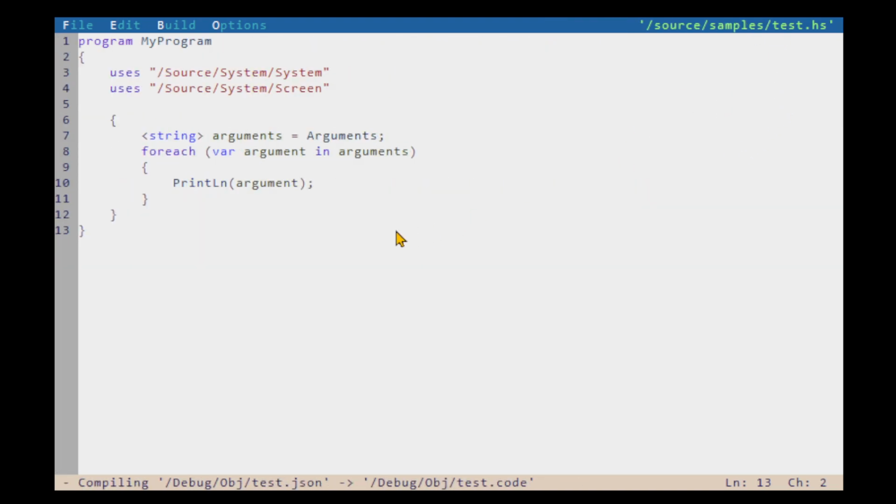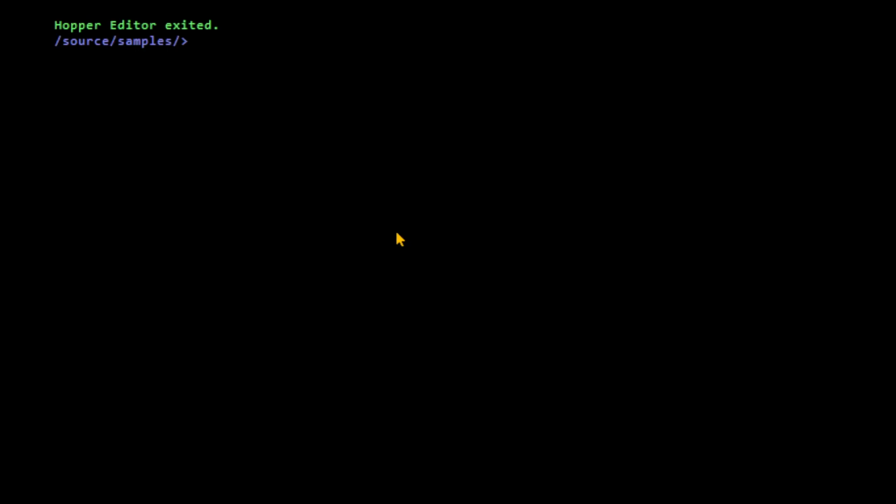Okay, let's build that. It builds successfully now. And now if I run it, nothing will happen, because it happened very quickly. But if we go back out to the console and run it, it worked. But if we run it with some arguments,